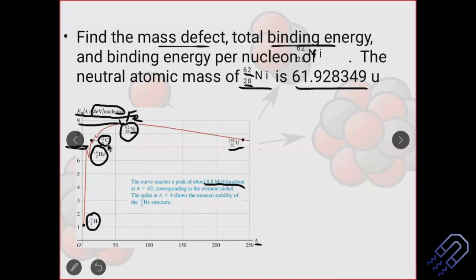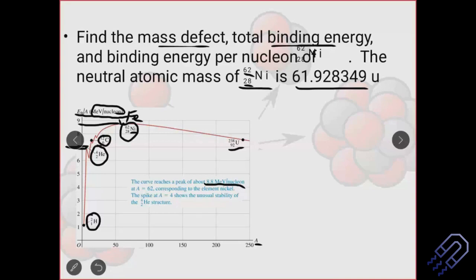If something is very light, it wants to combine with another nuclei so that the mass number increases and it comes near to this. These ideas we are going to explore later, but this curve is important to understand the problem now. So the question is, how do I know that the binding energy per nucleon of nickel is 8.8 MeV?